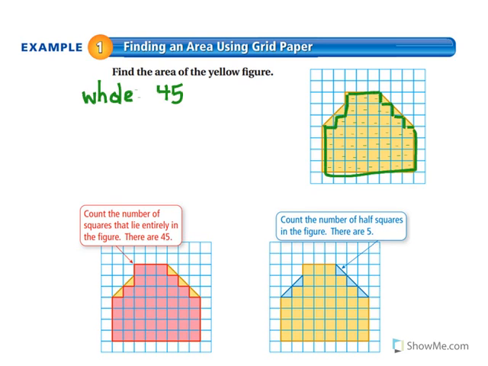Now the next part is looking at the partial squares. As you can see, for my partial squares, these are mainly half squares. The triangles look like they're split right in half. They split the squares right in half. And since these are pretty much half squares, we can say half